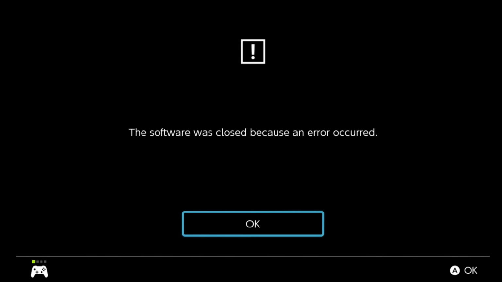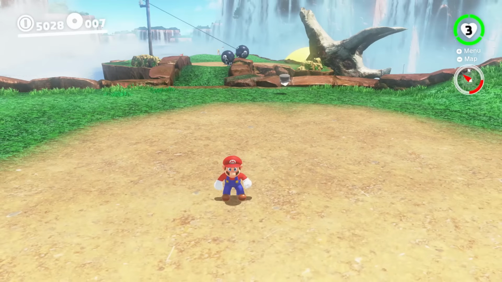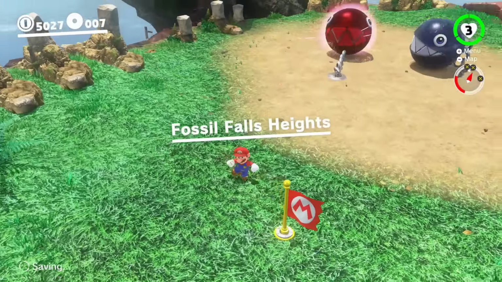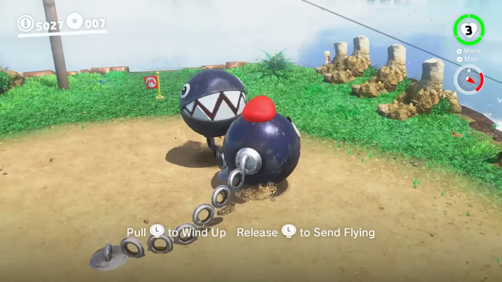Nice! Chain Chomps actually have another great glitch tied to them, or should I say chained, or for the purpose of this glitch, unchained. At the top of the Cascade Kingdom you'll find these two chain chomps. If you capture one of them, then release it right where the other chomp's chain is locked into the ground,